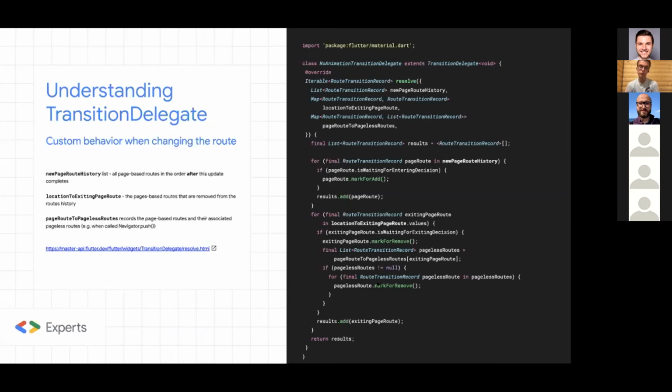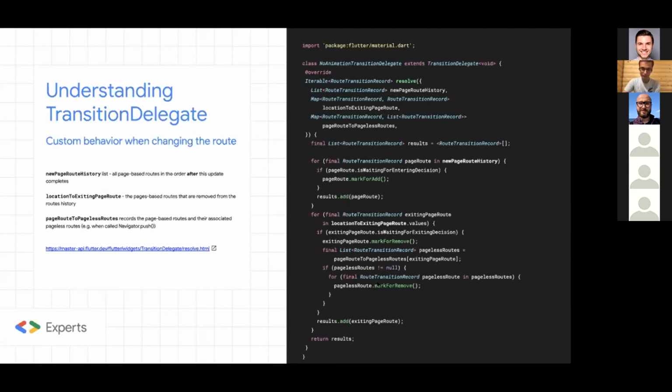For instance, you could extend the default transition delegate, whose implementation is much more complex, so I didn't want to include it here. You could call super on the default transition delegate, and then tweak the result to your own needs, maybe for some special page or something like that.